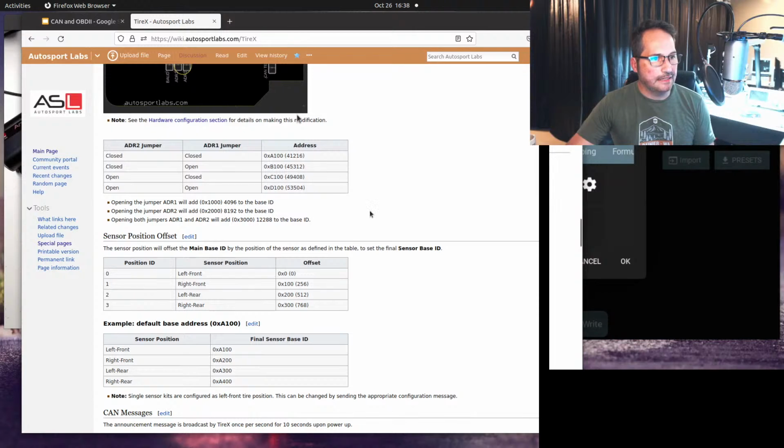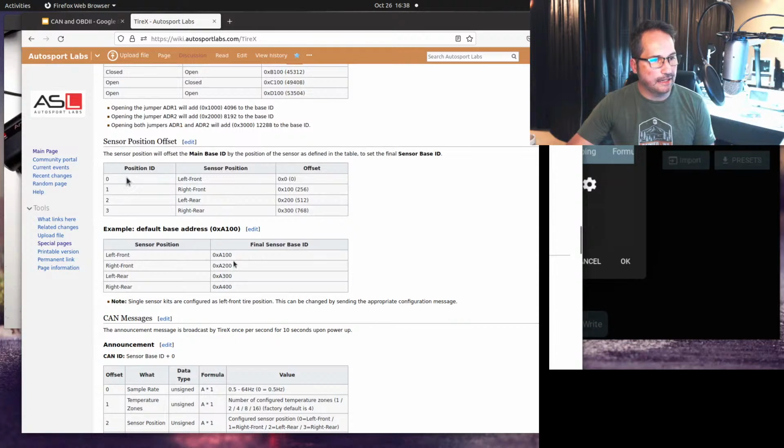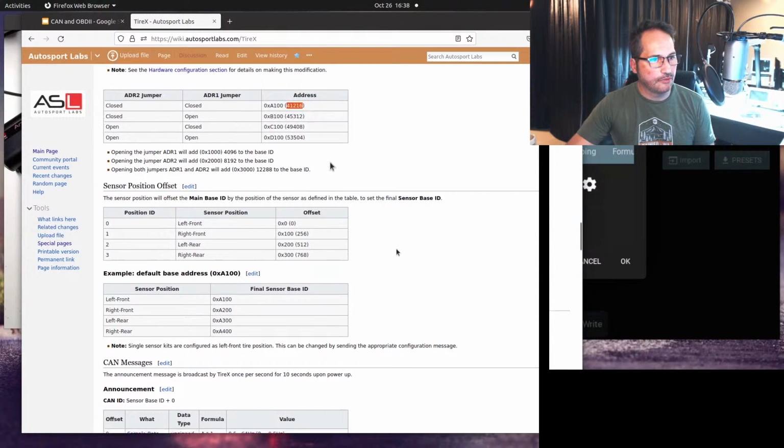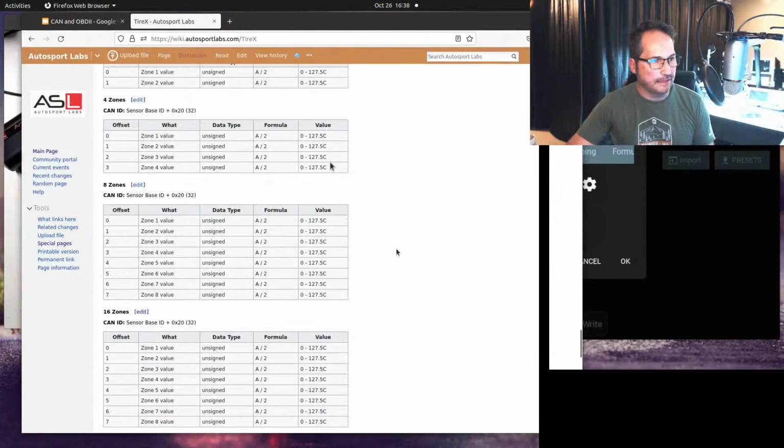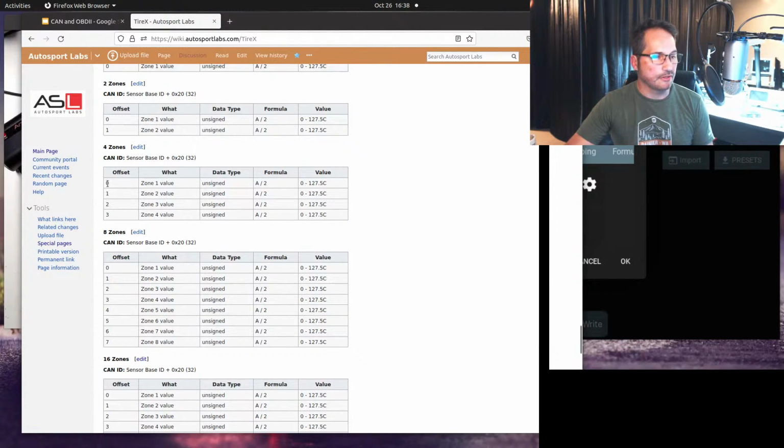But the way we've designed it is that we have a base address for the sensor, and then each sensor position has an offset. So the base address for the sensor is 41216, that's A100 hex. Then we're going to scroll down and find the information for the temperature zones. So offset 0, the offset for 4 zones is that base address